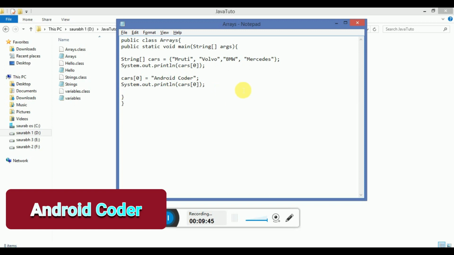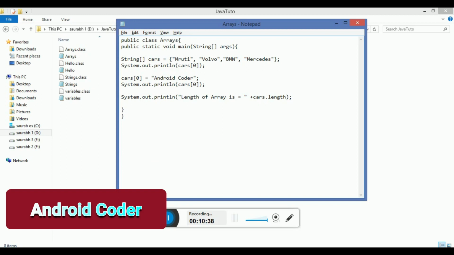Now if we want to find out the length of the array, in this case we just write System.out.println, and here we type "length of array is equal to", and here we type plus cars dot length.